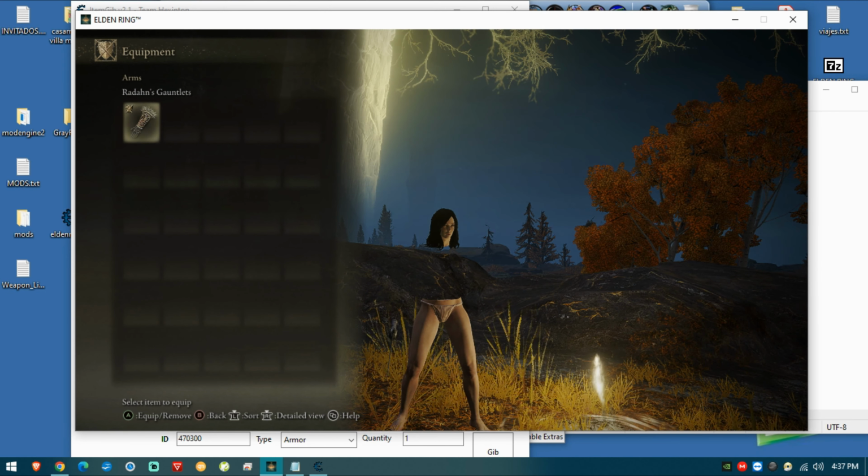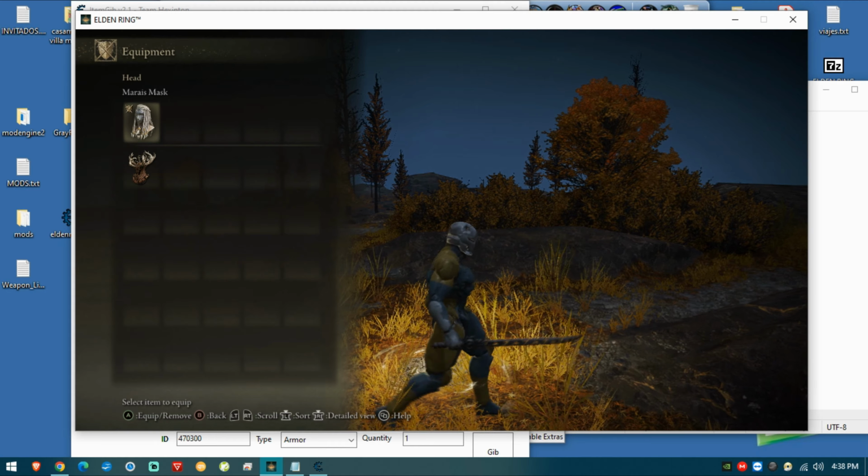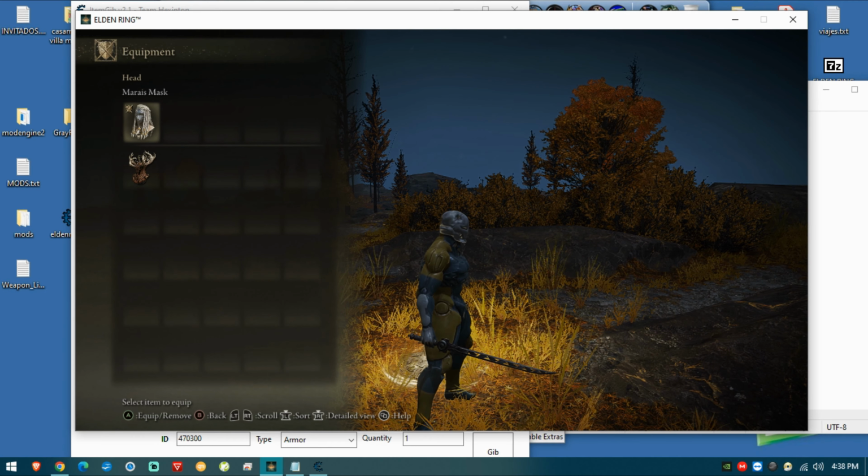Legs are gone, so nothing is going to interfere with our model. So we're going to go back and equip our Marai's mask, and we're finally completely with no errors whatsoever. As you can see, the player looks fine, no problems. So the same procedure applies with whatever mod you want to